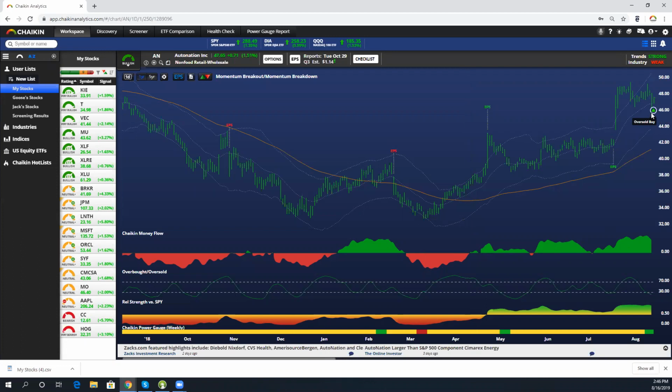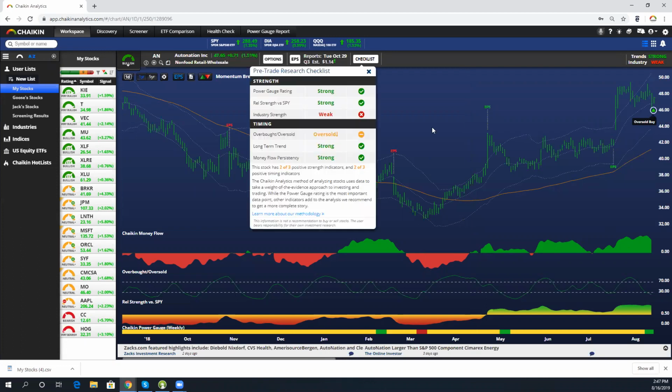You can see that we had an oversold buy signal. And let's go to the checklist. So here's a couple of things. Industry trend is weak, or industry strength is weak. Now, that doesn't concern me too much. It's not positive, but it's also not overwhelmingly negative and doesn't necessarily impact this particular